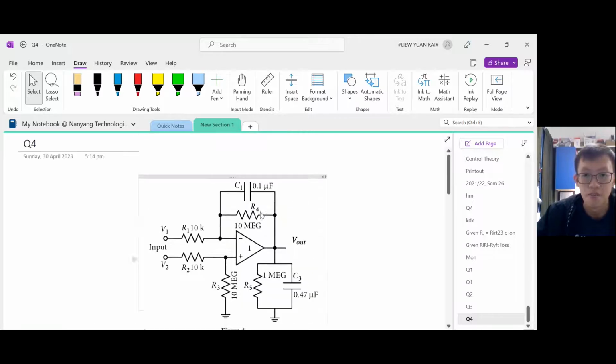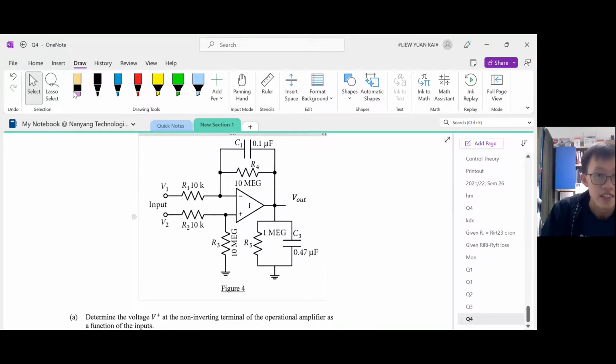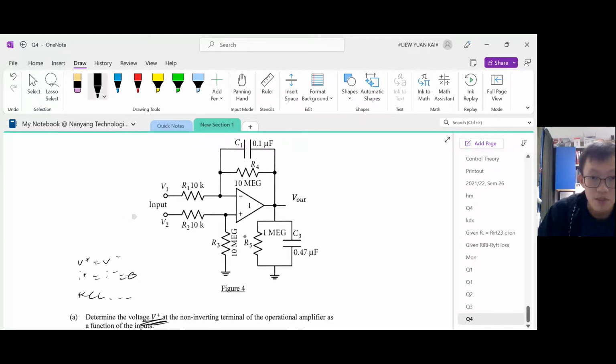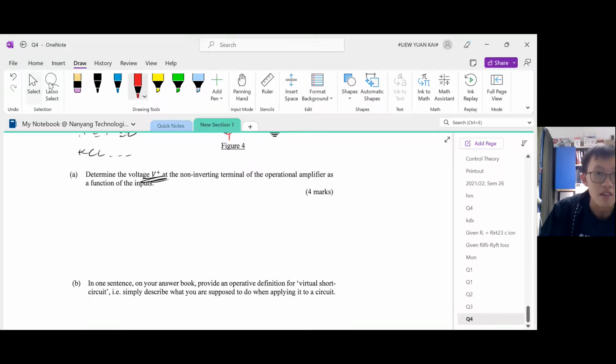So of course, op amp. It is a no-brainer. So whenever we see the little triangle that is the op amp, immediately V plus equal to V minus, I plus equal to I minus, and then this is equal to 0 and KCL wherever possible. So find V plus. So where's V plus? It's over here, right? So that means we just take a KCL at V plus immediately. So first we need to assume current direction. So let's say this is going in, then this is going out. So KCL